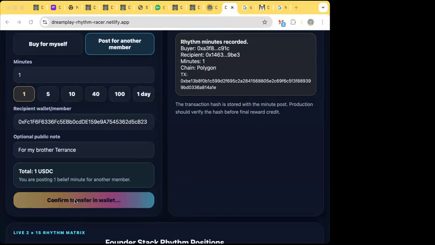By the way, what it also means is that there's people here from Africa and everywhere else that you could change somebody's life for $1. You change somebody's life for $1. Because now they'll have a minute, and whatever that minute produces, if that minute produces $6, $600, $69, $70, you just changed their life. Okay. So Terrence,